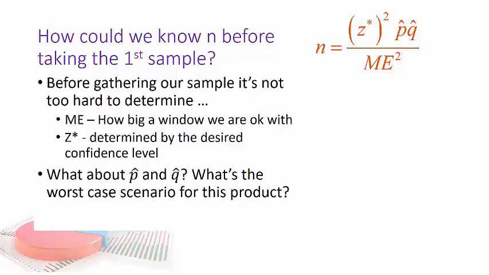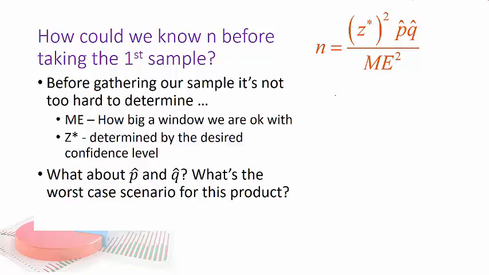The question is, what about p hat and q hat? Now, if I know p hat, then I know q hat. That's okay. So since the number of samples is directly proportional to this product, and I'm trying to have some comfort here, I want to guess the biggest value for this so that I'm not too small on my calculation